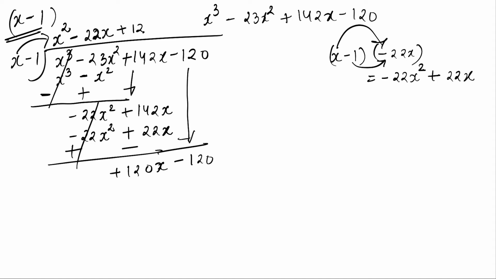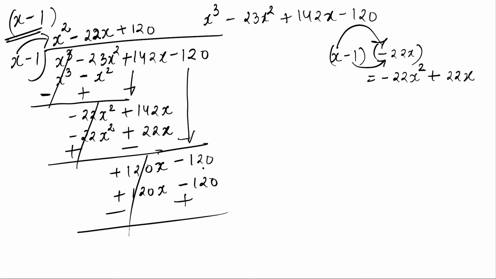So I will write here plus 120 so that I can get x into 120 as 120x and minus 1 into plus 120, minus 120. Sign will become minus and plus. It will get cancelled out and it will also get cancelled out. I have got here 0 as remainder. So we are done with the complete division and we have got here